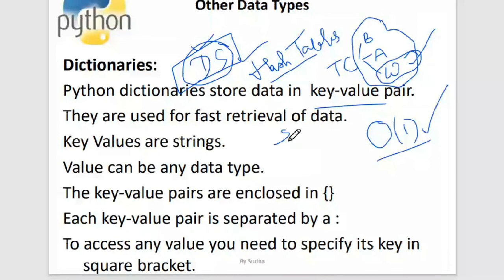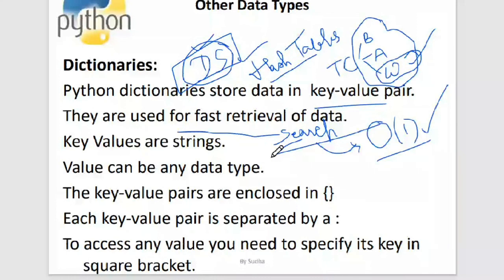So among all these data structures, these dictionaries are used for fast retrievals of the data because you are having a key value pair, and the search operation will give the result in constant time. So that's the beauty of dictionaries. Okay, anyway, time complexities and all this are irrelevant for now, but time complexity plays a role when we write an algorithm. It is very important that we write an algorithm which executes very fast. So time complexity, as of now, we'll just keep aside.